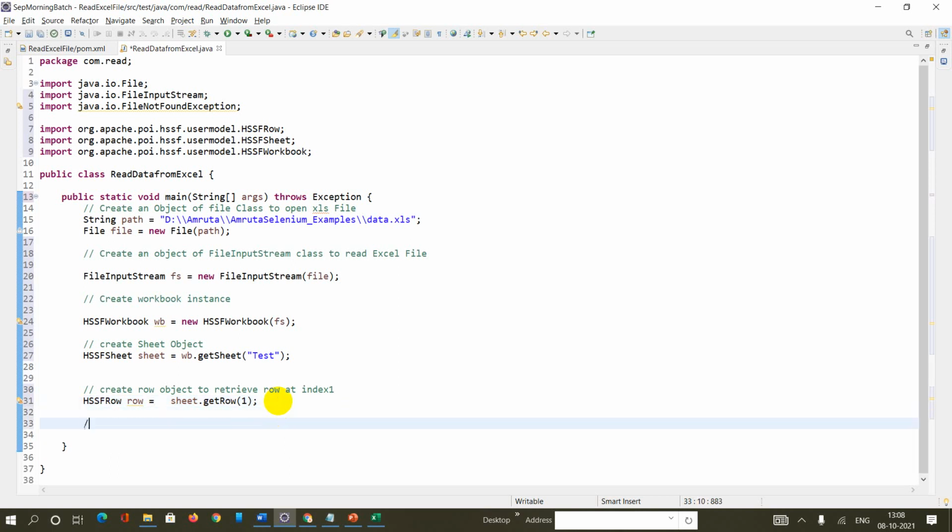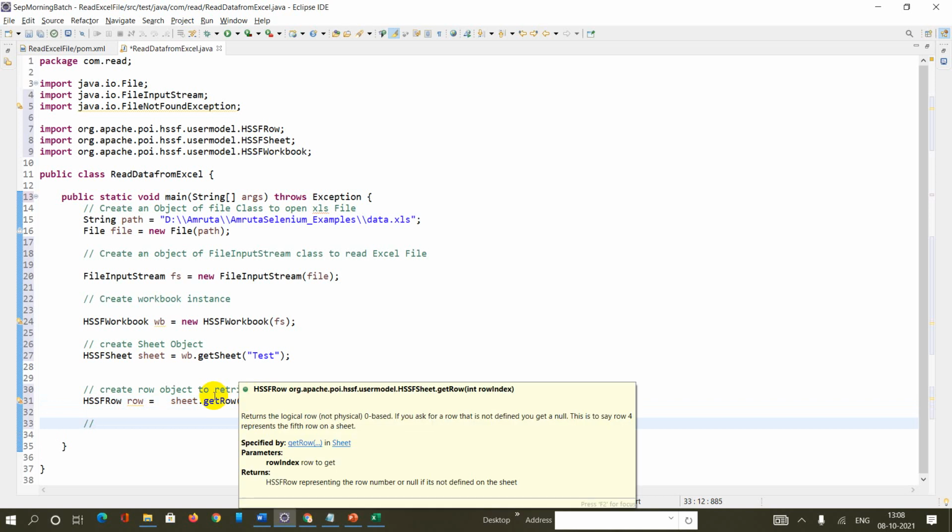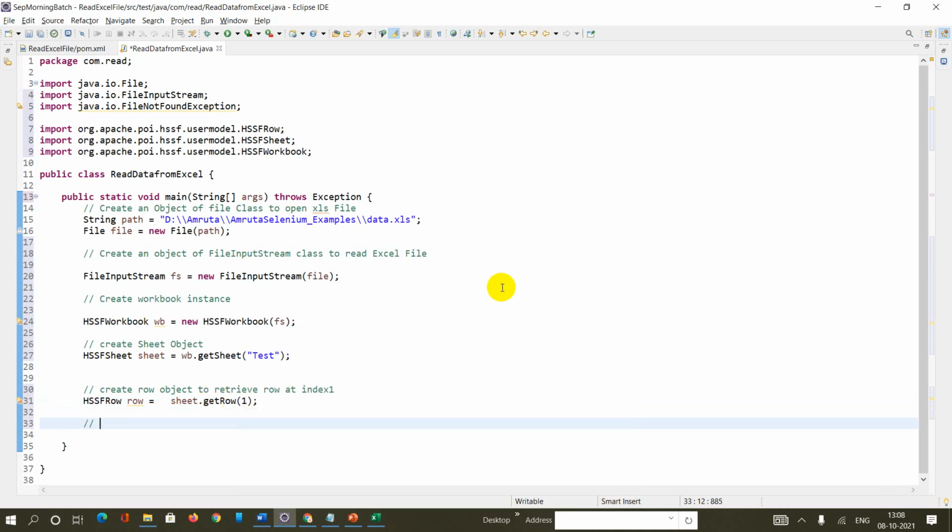Right. Now what I need to do over here, I can say row dot, I need to create what now? A cell object to retrieve the cell at index position, let's say 1.